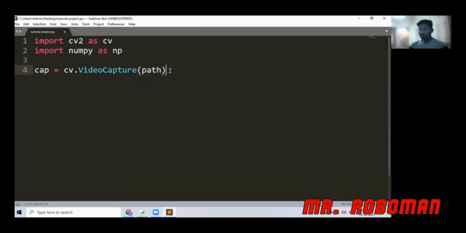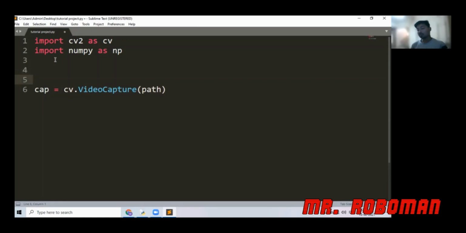So this particular command, you can use for taking a video source from your built-in camera, external camera, or you can give a video file as well, like an MP4, something like that. So this will be your video name, and you can just give it like that.